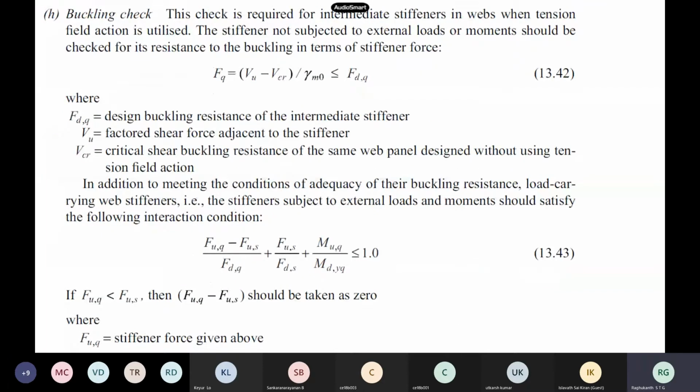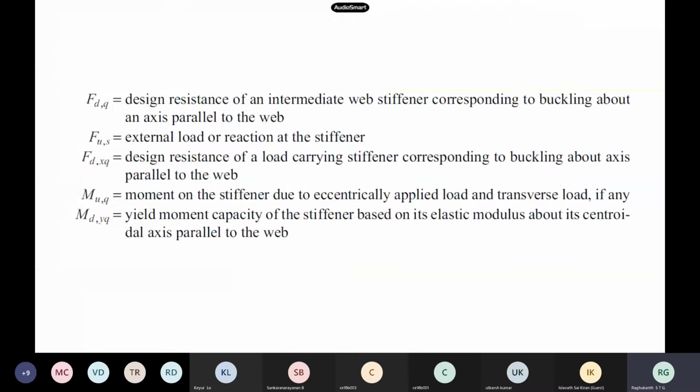So for buckling, if you want to check for an intermediate stiffener, when a tension field is utilized, and the stiffener is not subjected to external load or moment, then you have to use this formula. Suppose load carrying web stiffeners are there, all kinds of things are there, then the bending moment and other things also have to be used, and this interaction equation has to be used in calculations. So the code clearly specifies how to obtain all these numbers.